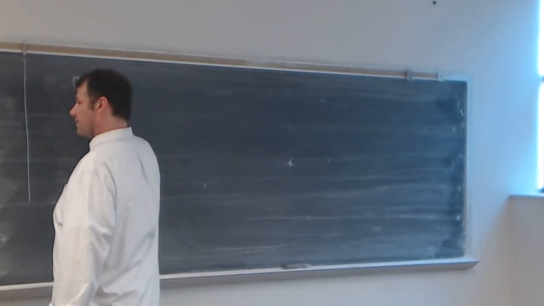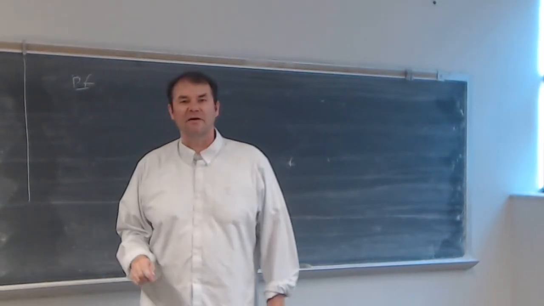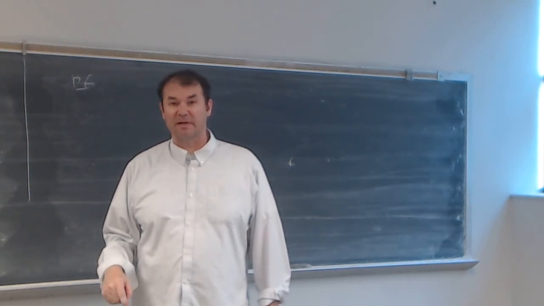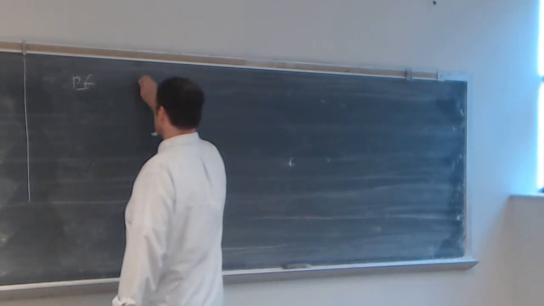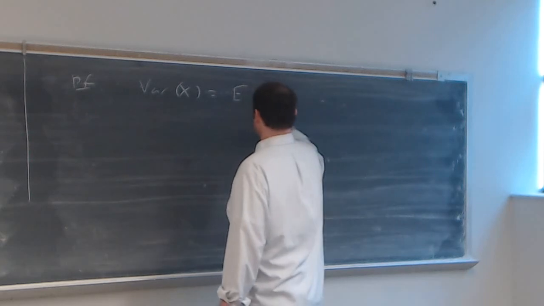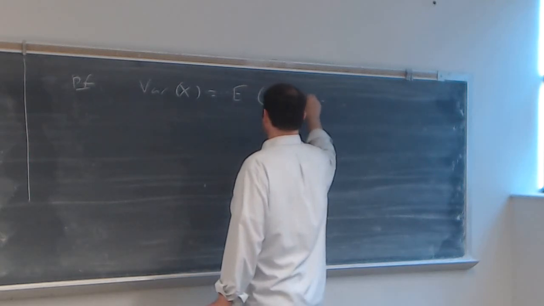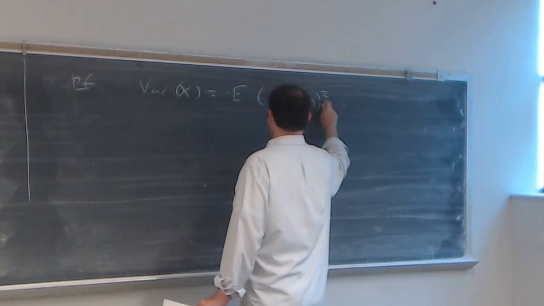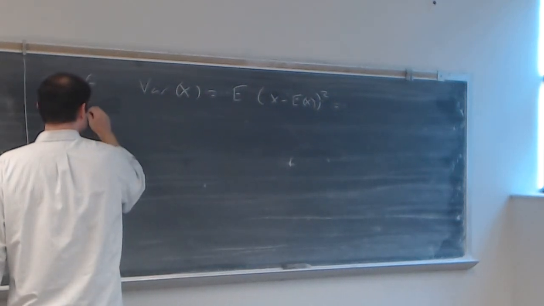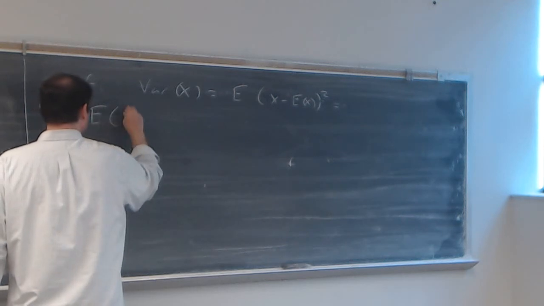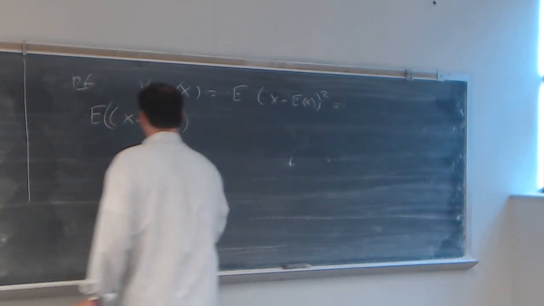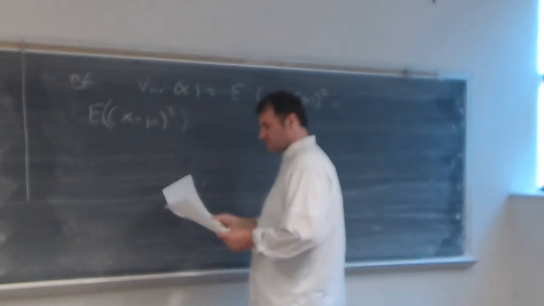Okay, so for the proof, we normally use the formula variance is equal to the expected value of x squared minus the expected value of x, squared, but not this time. So here, what we'll say is the variance of x, by definition, is equal to the expected value of x minus the expected value of x, squared, which equals the expected value of x minus mu, squared, which we could rewrite